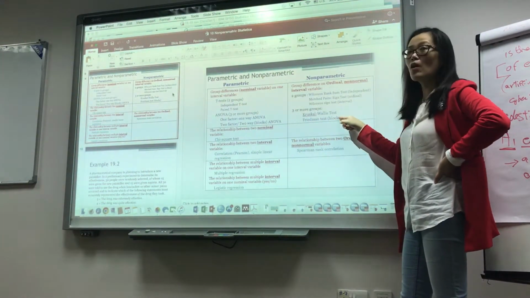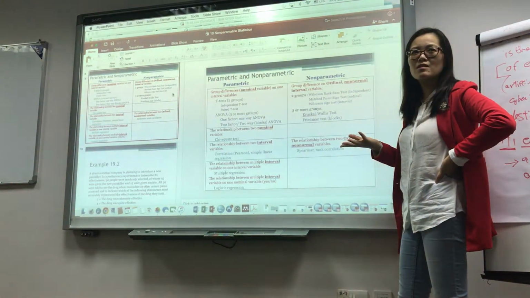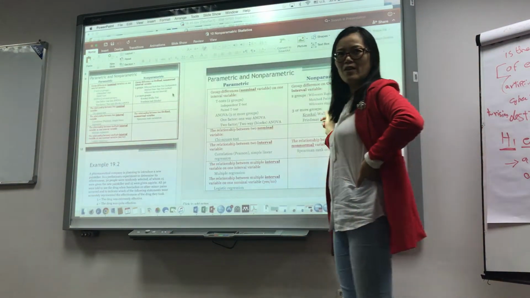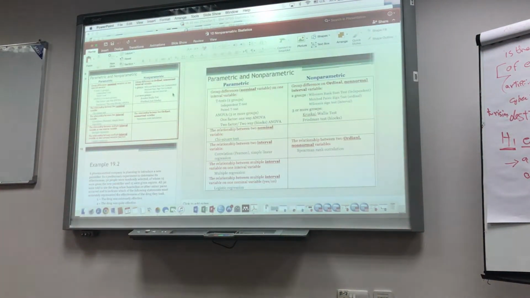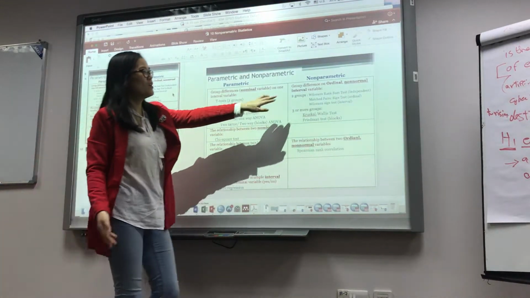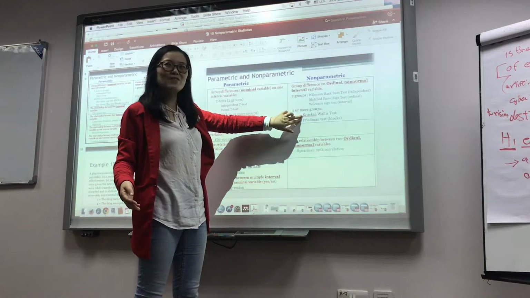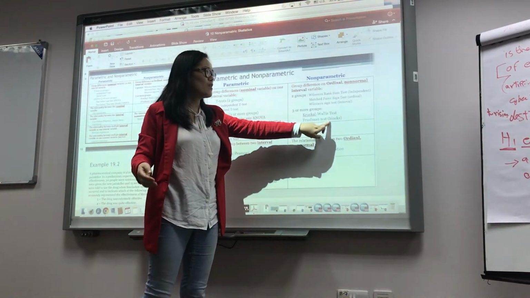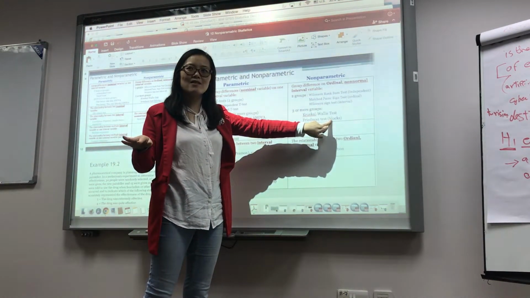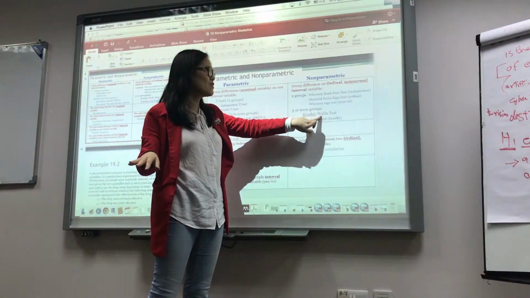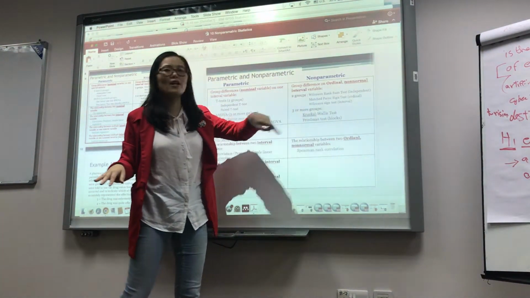Friedman test is for blocks. Did I mention any blocks? No, so go for the Kruskal-Wallis test. Simple, right? So identify how many groups. If it's 2, check one of those. If it's 3, check 2 of these. And check whether it's blocks or not blocks. If there's no mention of blocks, then go for the Kruskal-Wallis test.